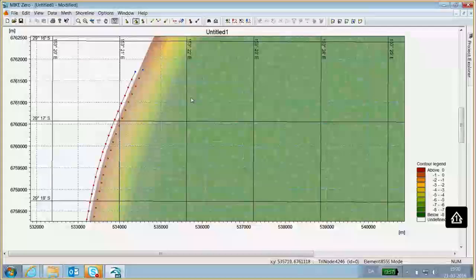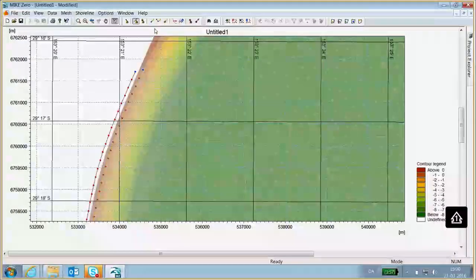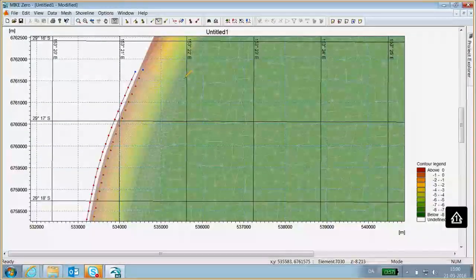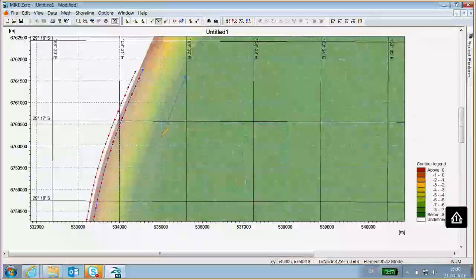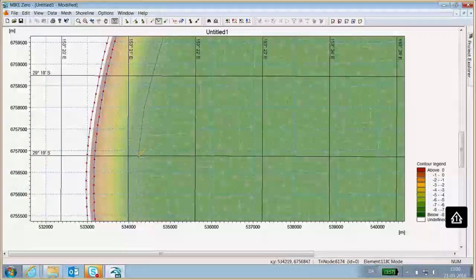So in the present case, I'm just going to draw the offshore limit here around the 8 meter depth contour. So just going to draw it like this here. Should be alright.